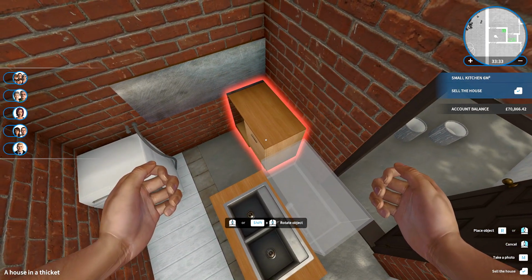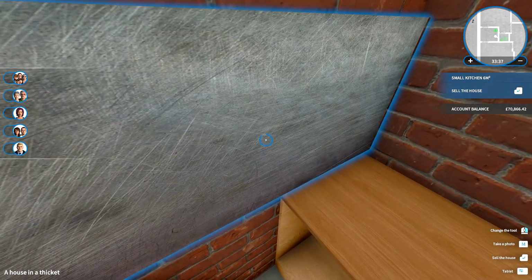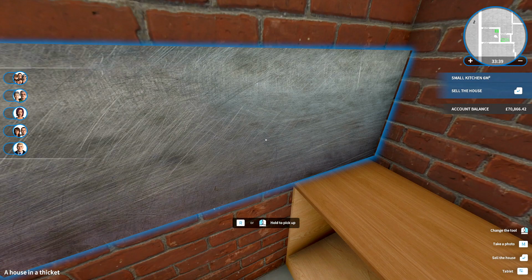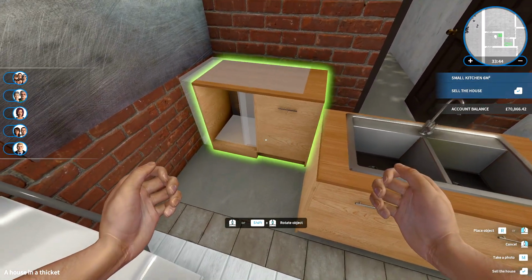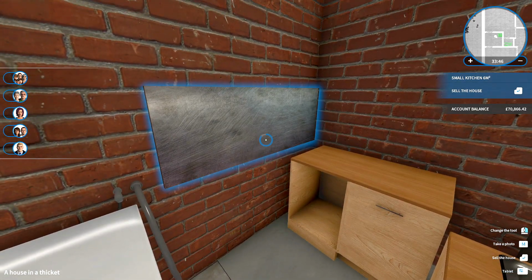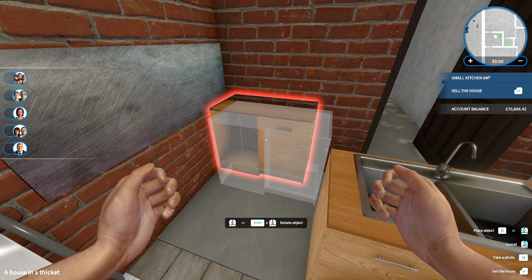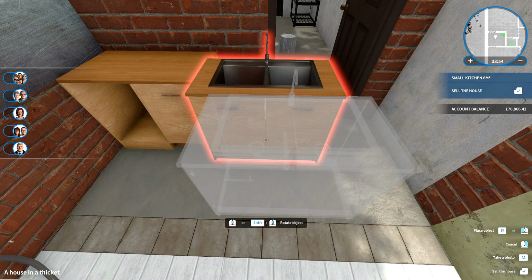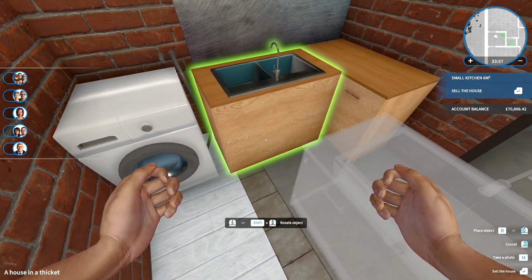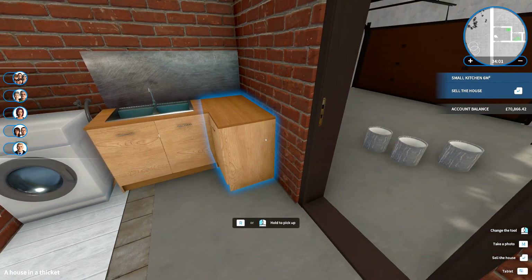Corner one has to go in first. Yeah, it's not quite right. Can I move it now? No. I mean, it's probably not going to be massively noticeable, but to me it makes a difference. That's better. Looks flush now. Turn that one back round. And there we go. So then once we put in our...